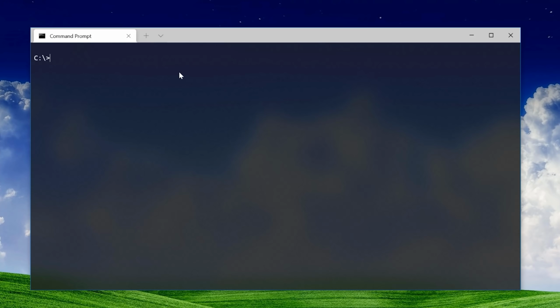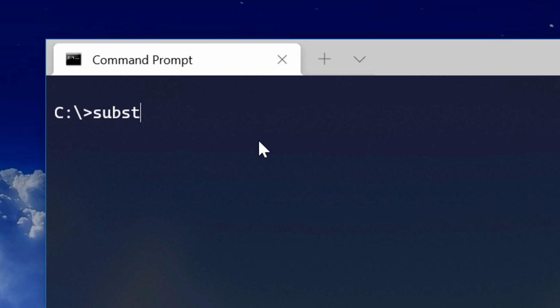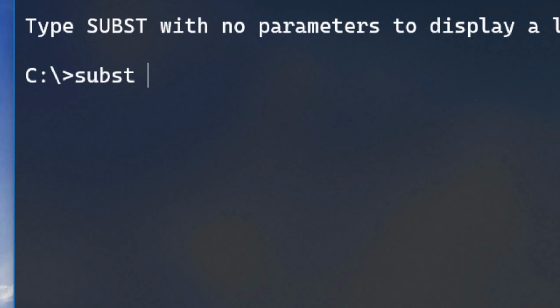All right, so we're going to start off at the command prompt, and the first one we're going to do is the subst command. You can see a little more information about this one if you type in /?, and you can see how this command works. Basically you type in subst, and then the drive letter that we're going to be mapping. So let's say X:, and then you need to put the drive letter and path that you want to map to. I'm going to do B:\, and if you just want to map directly to a root letter, you type it like this, B:\, and end it with a backslash.